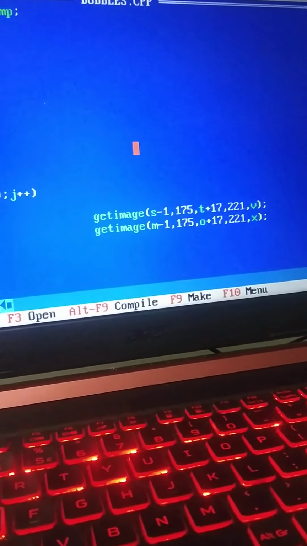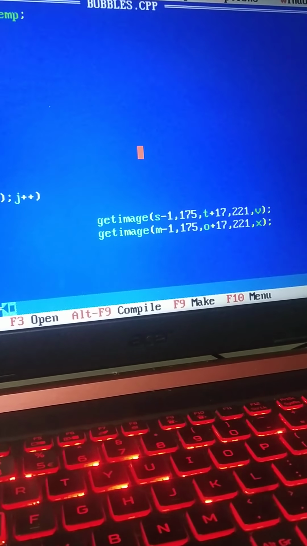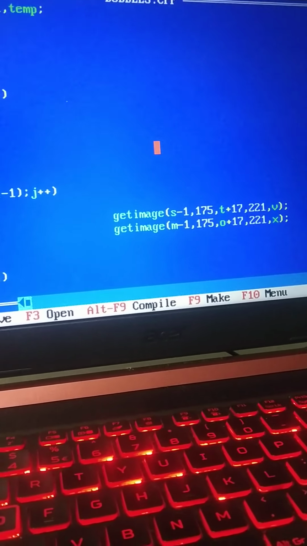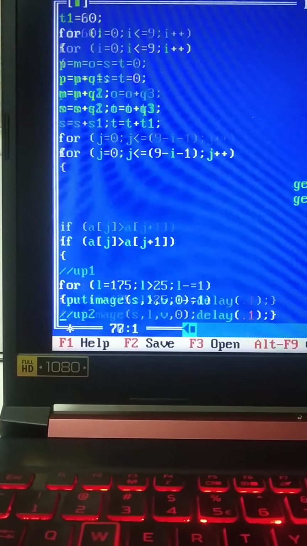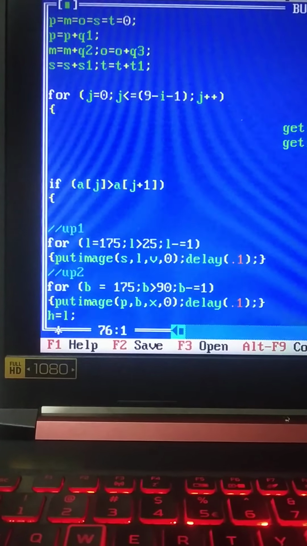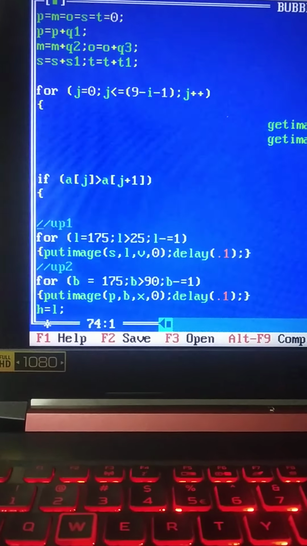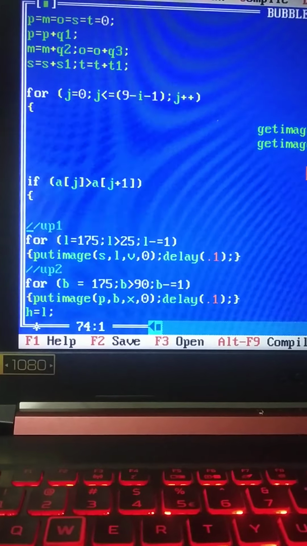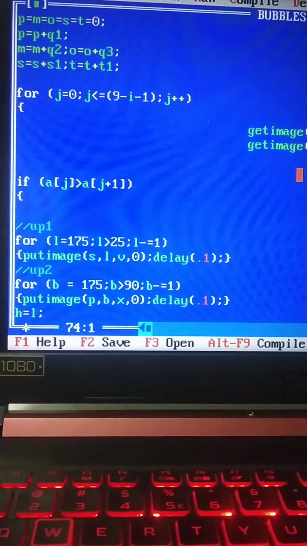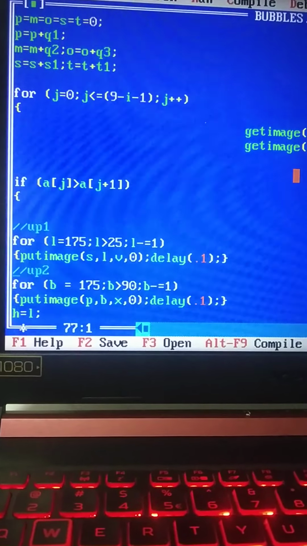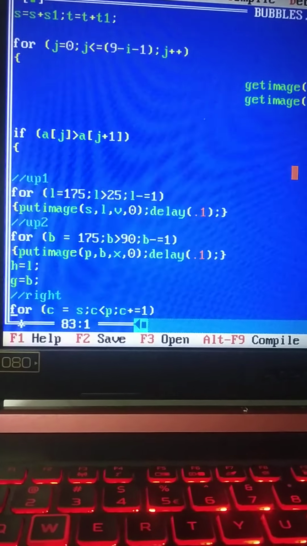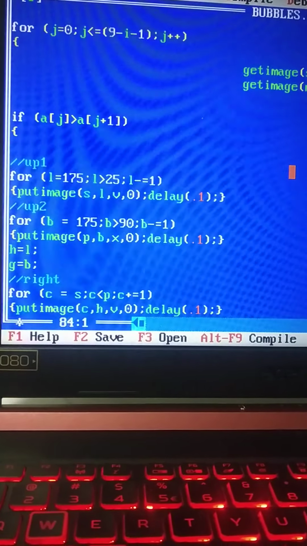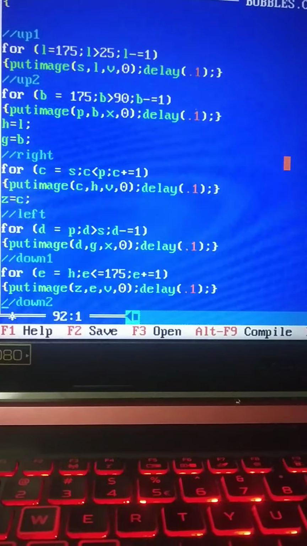And here is a get image, so I am taking part of the screen from the program, and I am going to move it up and down, left and right. The up function is there to move that part of the screen which I have taken, and I am moving it up so that you will feel some movement on the screen, that my numbers are moving up and left and right. So this way I am just moving part of the screen.